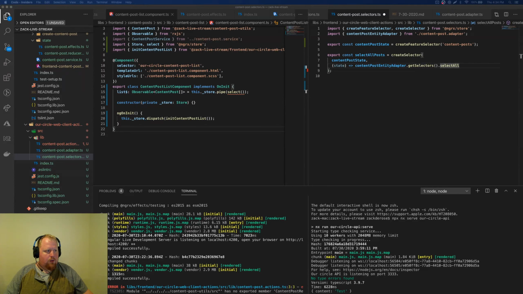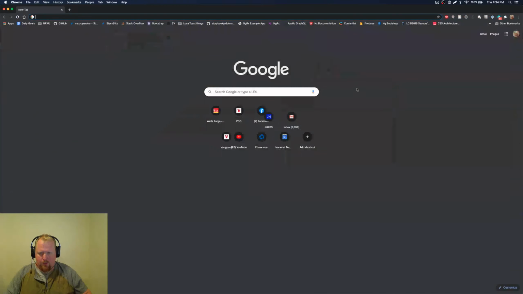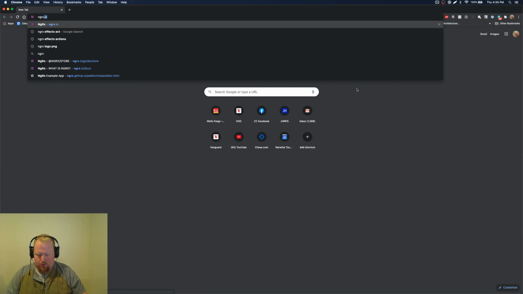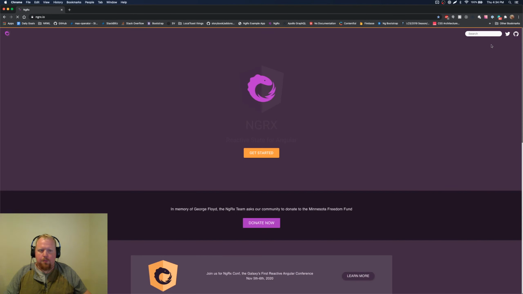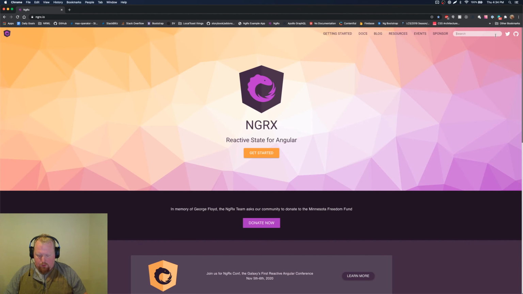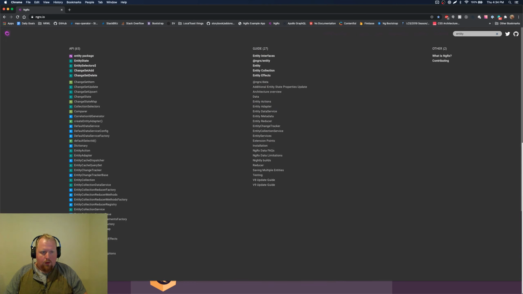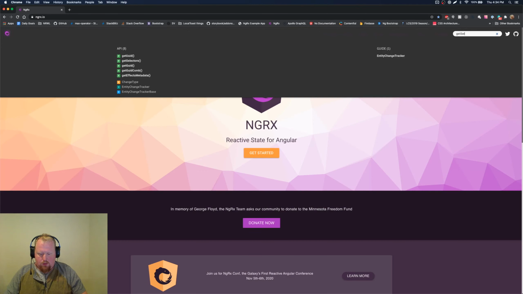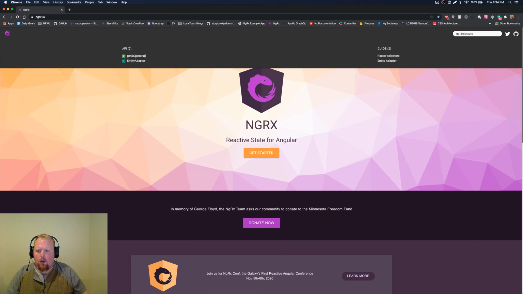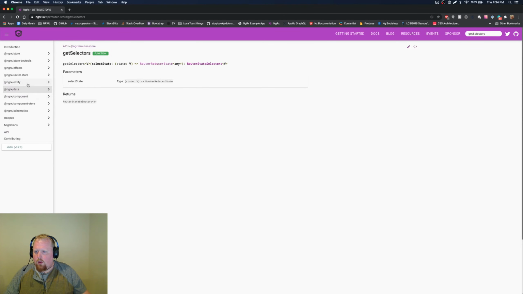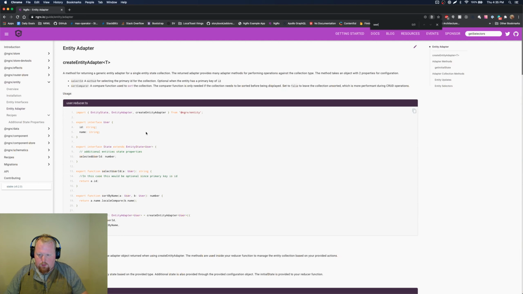Let me look at the docs here real quick. I know we're going over time. We're just going to deal with it because I want to get this working before we're done. So we want to look at entity. I guess we'll just go get selectors. Maybe it's in the recipes. That's not really what I want. We find selectors, entity